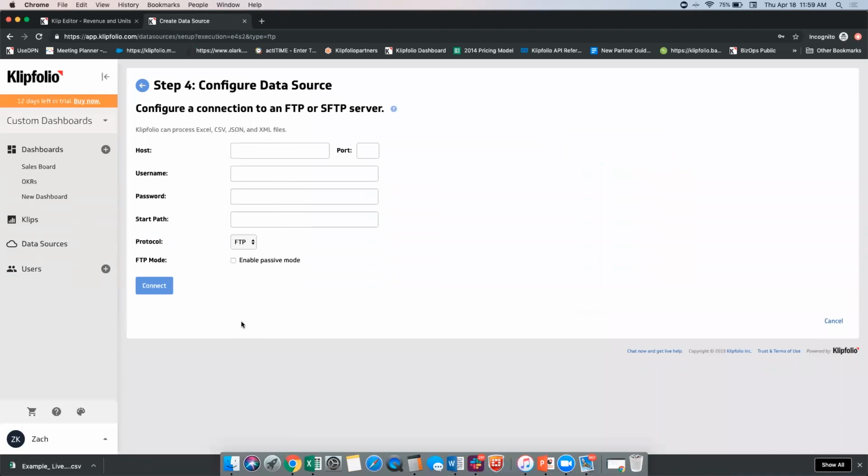So the technical similarity is that you're not just uploading a file and making a one-time connection to it. Instead, you're pointing Klipfolio to a live version of that file that we can reach back out to every minute or every hour and pull in the newest version of. So again, if either creating your own FTP server or file share is an option for you, or you can ask for some help from your IT team, this is a great and very scalable long-term approach to work with